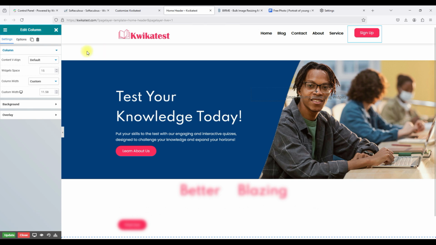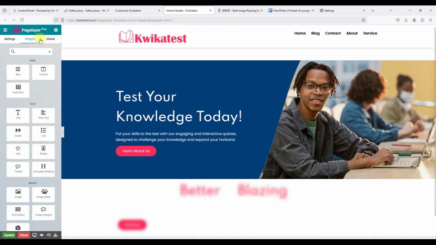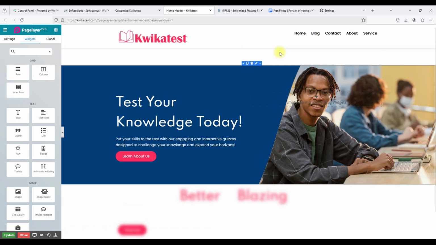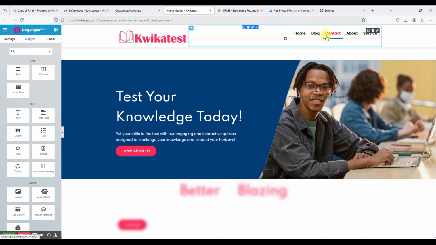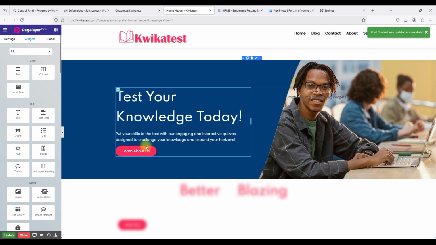So I'll click on this, and then I'll click on the trash, and you can see, yes. So I think I prefer it like this. I want it to show the logo, and I want it to show the menu. So I think that is okay for me. And then I'll click on update,